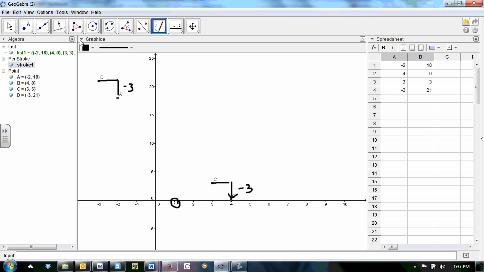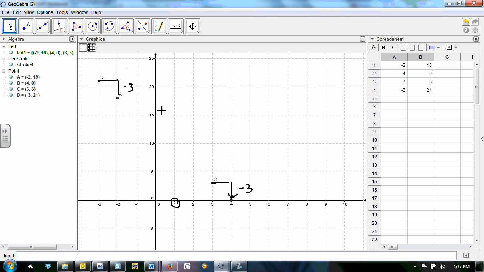I'm going to turn my grid on so I can see a nice grid here. So I'm going to grab my move tool. I'm just going to click on the white here, and notice now under graphics, as long as this arrow is pointing down, I can show my grid. Okay, so now what I'm going to do is, if I know my third term,